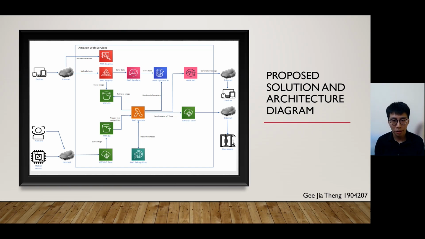For the main system part, a camera and motion sensor are placed to input data into AWS IoT Core. When the motion sensor detects someone at the door, the camera will capture an image of the human face and send it to the S3 bucket. Then, AWS Lambda will trigger face recognition and check whether the captured image is similar to the image trained in AWS Rekognition. If the image seems similar to what we have trained, then Lambda will send data to IoT Core to give access to the smart door to let the user in. Else, if the image detected is not similar to what we have trained, Lambda will send the information to AWS SNS to generate a message to send to the Office Manager.